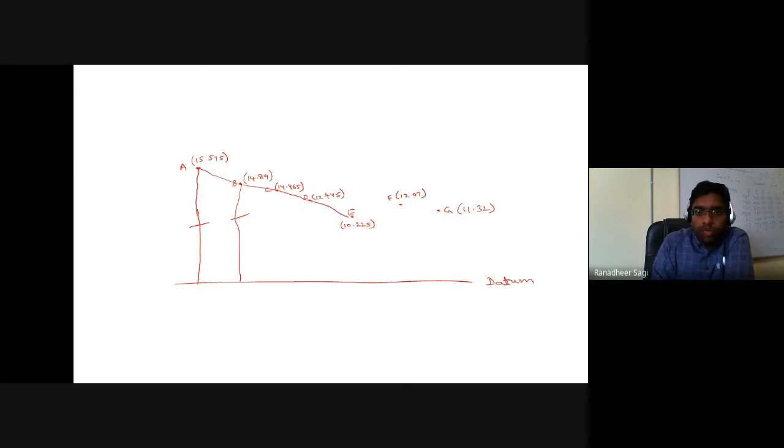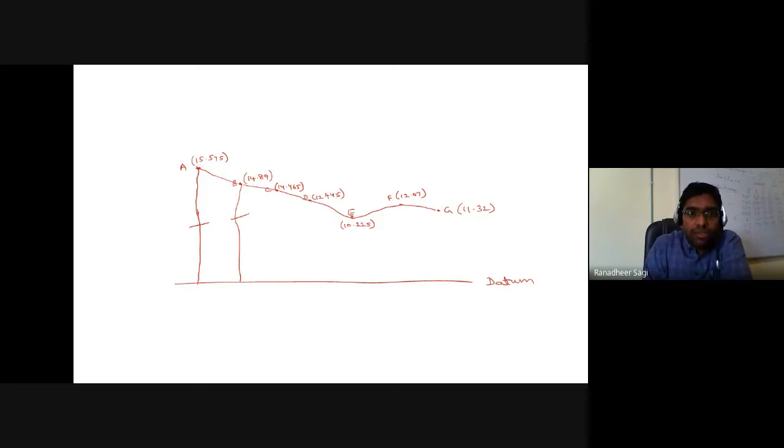Just for rough understanding, I am indicating how roughly the profile varies from point A to point B to point C, point D to point E to point F, and point F to point G. Profile in the sense the ground, how it is varying. But what is asked of me is to find out the gradient between point A and point G only. I am not asked to find the gradient between A to B, B to C, C to D, D to E, E to F, and F to G. What is asked is only between point A and point G.